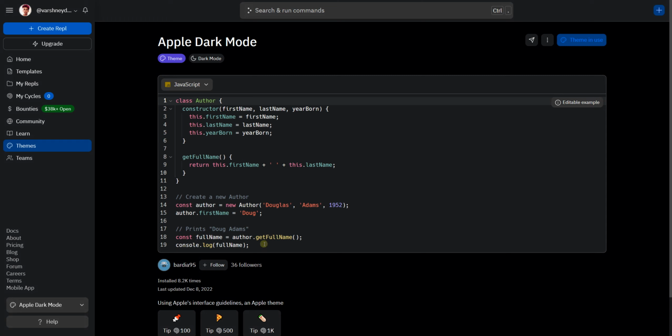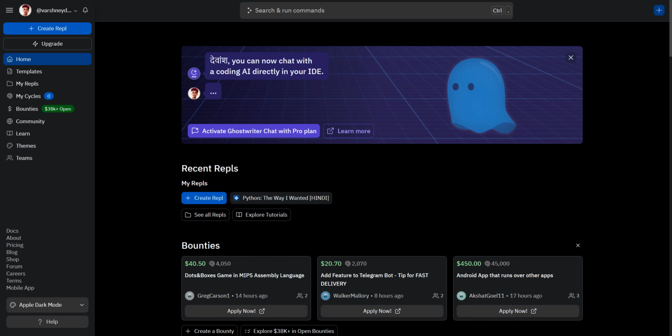Just so quick. So now I went back to home, and here at home, as you can see, you can create a REPL right here. Maybe you can create it from here. I already created one for the Hindi audience, so it was there.